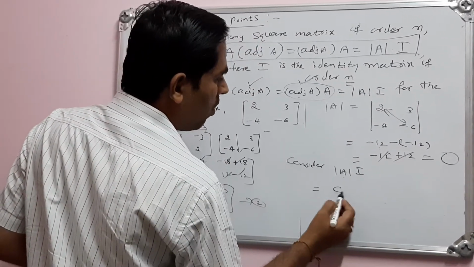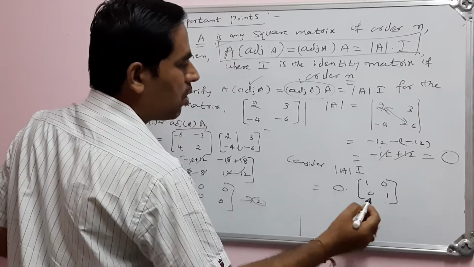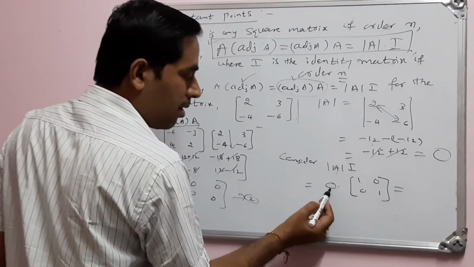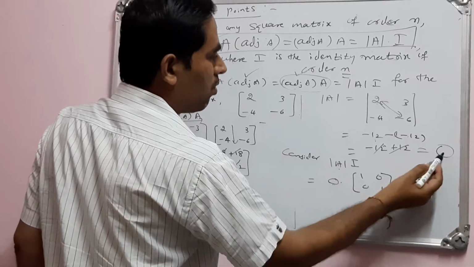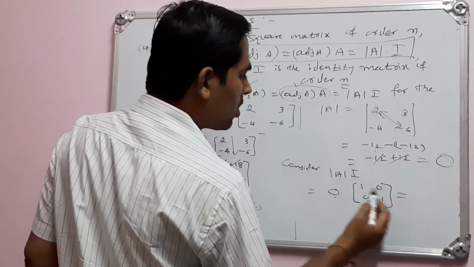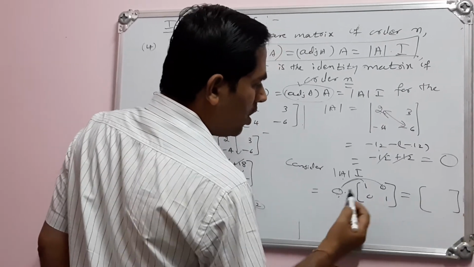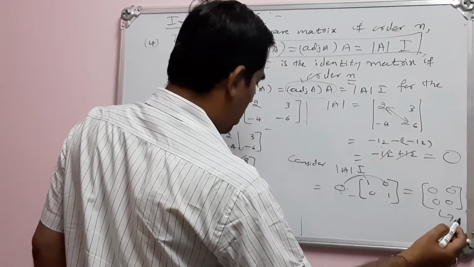See, determinant of A is what? 0. Then identity matrix of 2 cross 2 is 1, 0, 0, 1. So 0 into this one is, see here, if you multiply every element by 0, because determinant of A, the value we got was 0 here. So we multiply every element by 0, then we get what? 0 into 1, 0, 0, so 0, 0. So let us call this as equation 3.